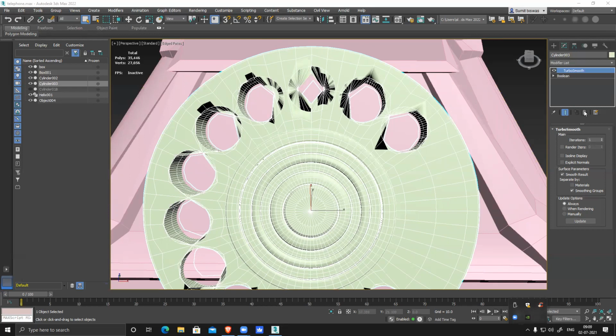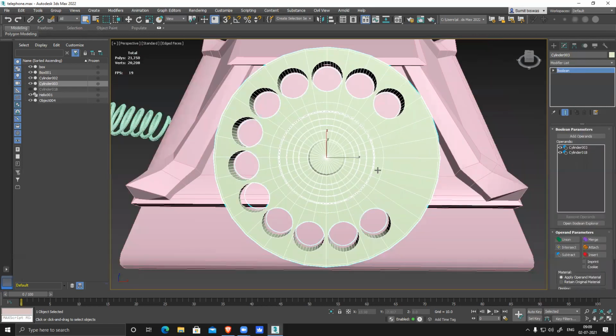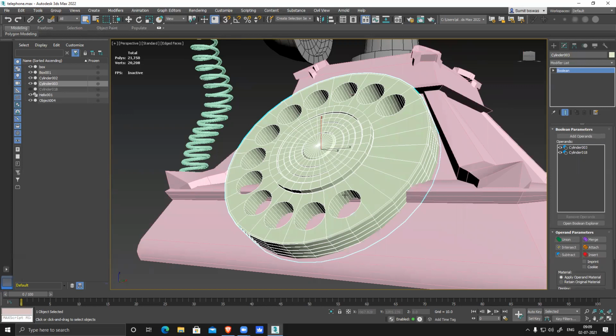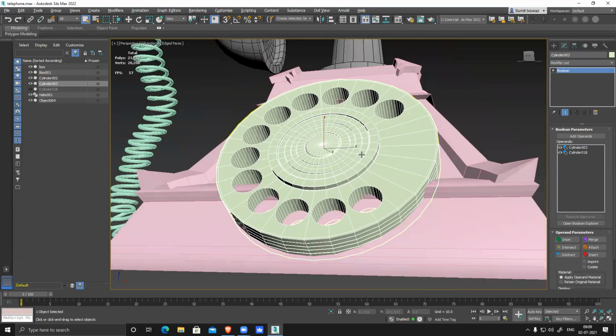So how do I fix it? There is a very easy way of fixing this, because manually connecting would be a nightmare. You have to manually sit and connect. Yes, for low poly we definitely have to do it, but for high poly you don't need that much, because with high poly, triangulation and n-gons don't matter as long as it's retaining the shape. So there is a very easy way to fix this.